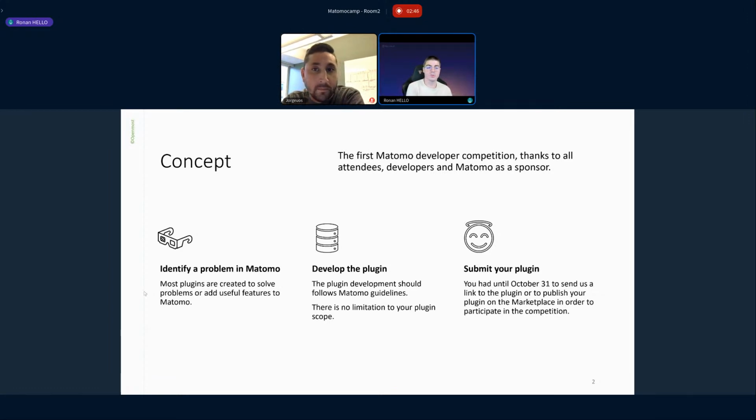The API can be used by Matomo on-premise and cloud instances, but it has limited scopes, so you can only manage data that is provided by the API. Creating an issue on the Matomo core platform is long, and you have to have very good skills to be approved by the Matomo team. And the last one, creating a plugin, is maybe the best solution, but it can only be installed on on-premise Matomo instances. So there are many different ways to attack a problem and many different limitations for every instance.